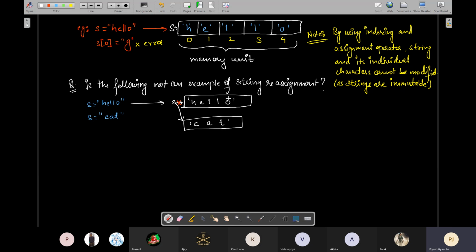ठीक है, इसीलिए हम लोग ये बोल रहे हैं कि this is not a violation of the feature of immutability. ठीक है, so याद रखना, when we try to modify the string when you are using indexing, versus when you are not using indexing and we are using directly the entire identifier, in that case you are always creating a new variable in a new memory location. ठीक है, therefore in that case we cannot say that there is a concept of mutability and immutability because you are creating an entirely new space with a new value. ठीक है, so remember,